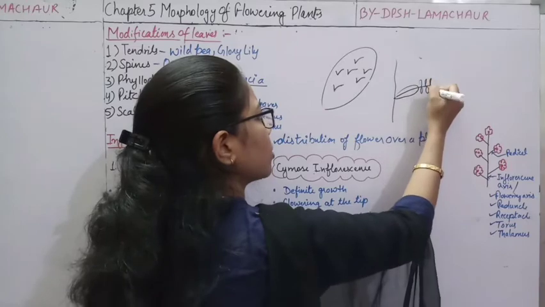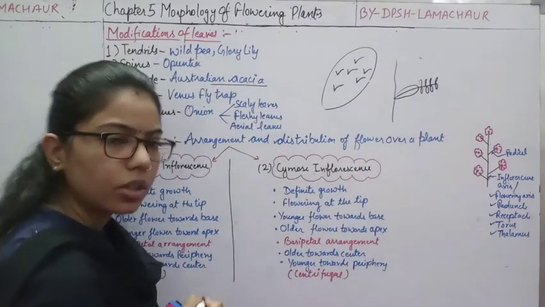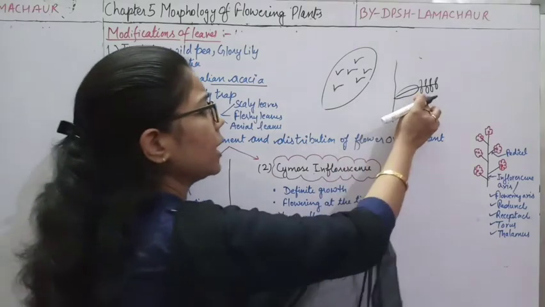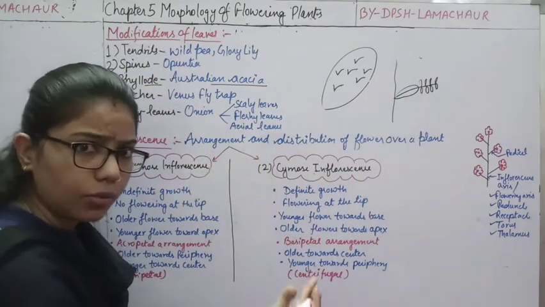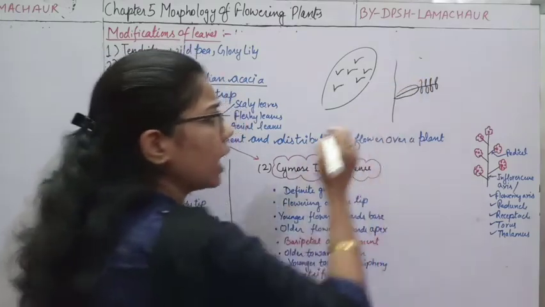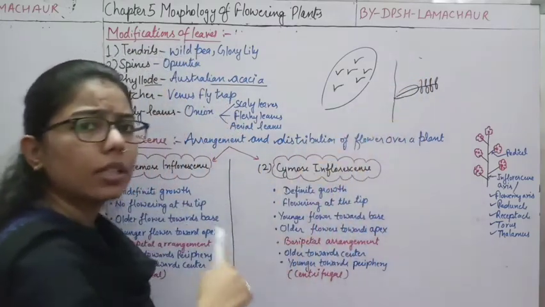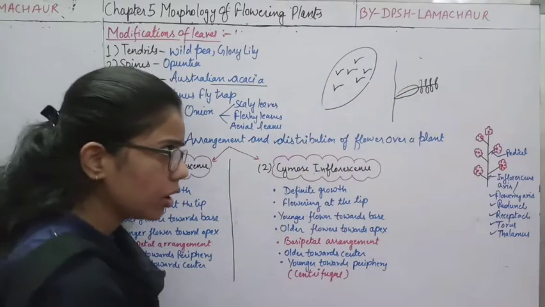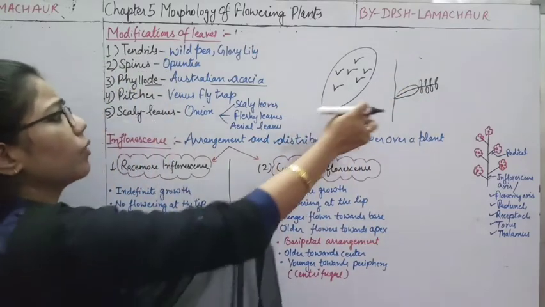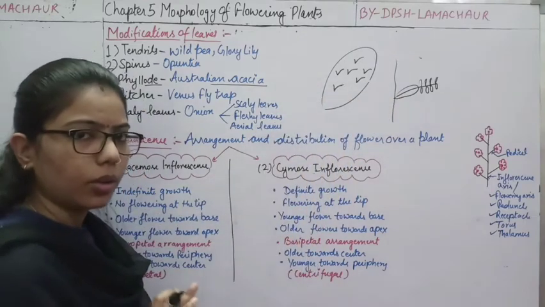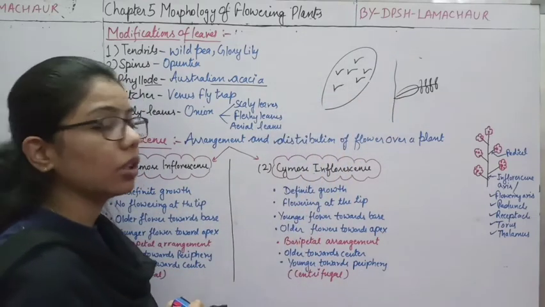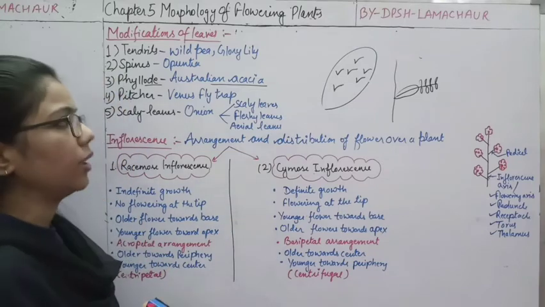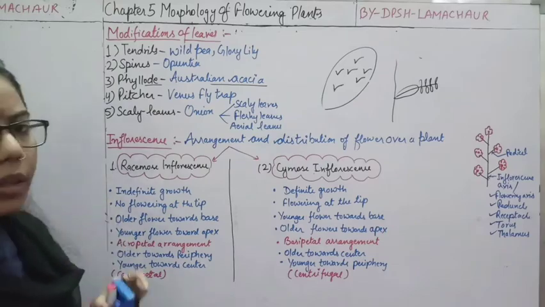From here you can see that these types of structures are present, which are known as what? Phyllodes. So we can say that the leaves are transformed into these leaflets, and the petiole is transformed into this solid flat structure. This will reduce the transpiration rate, because there is no proper leaf-like structure. So it is reducing the transpiration rate here, right? So we have done three modifications.